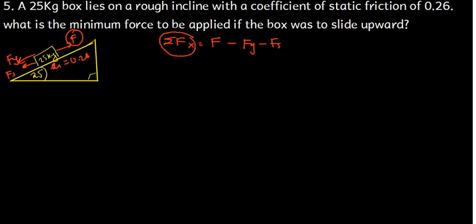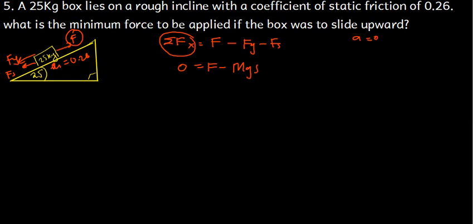At this point it has not started moving. We just want that if we exceed that value, then it is going to move up. So the acceleration is still 0, it is not moving, so net force is going to be 0. If we apply any force just greater than the value we are going to calculate, then that thing will start moving. So that will be applied force minus Fg